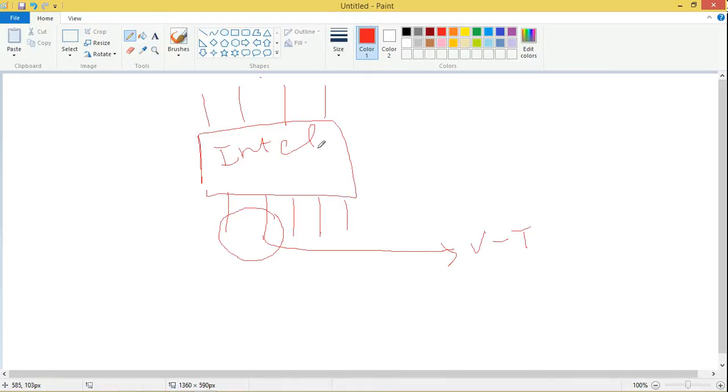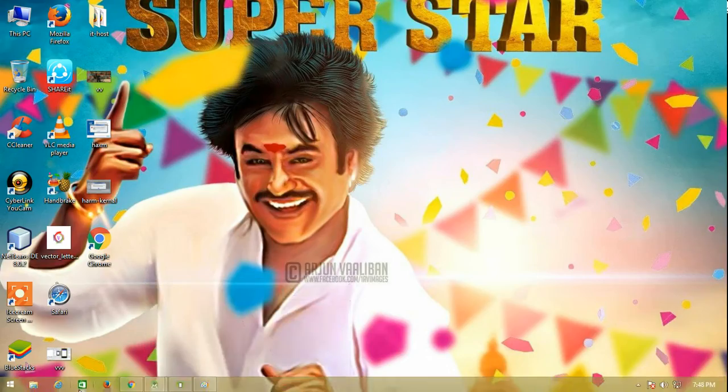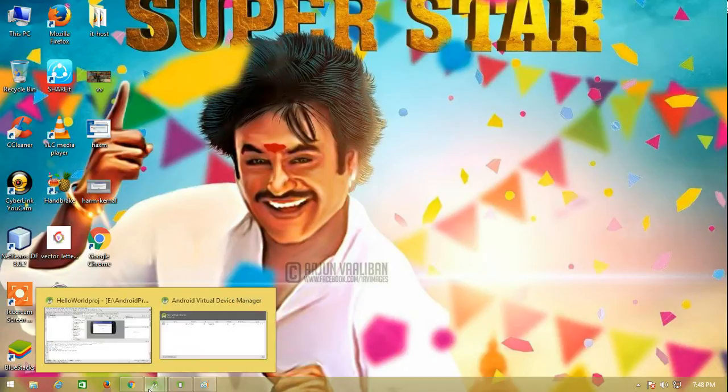So this processor has two ports allocated to the virtualization technology. These two ports are kept busy with the hypervisor. So there is a need to turn off the hypervisor while installing haxm onto the system. If you want to install haxm onto your system, you must turn off the hypervisor, reboot your system, and then install it again, and the installation will be completed. And I can assure you 100% because